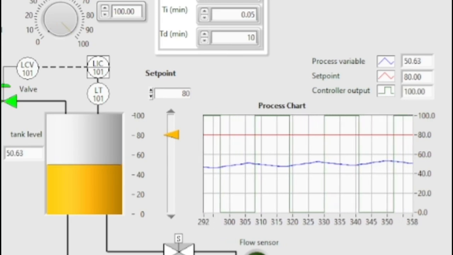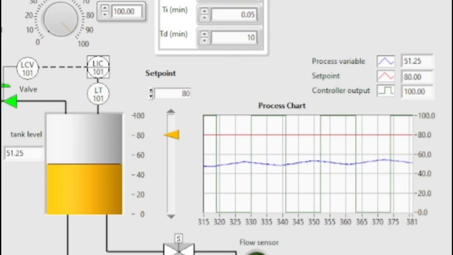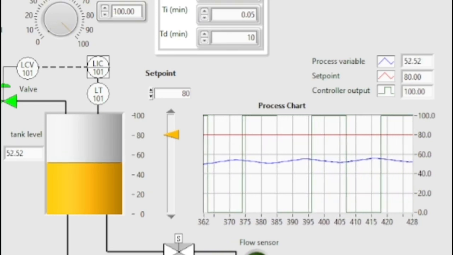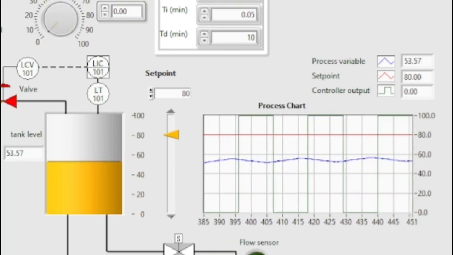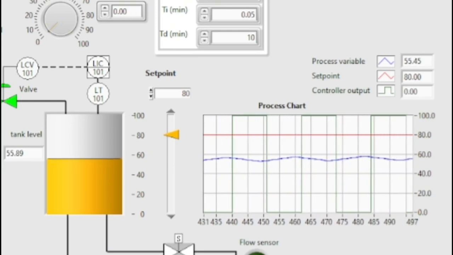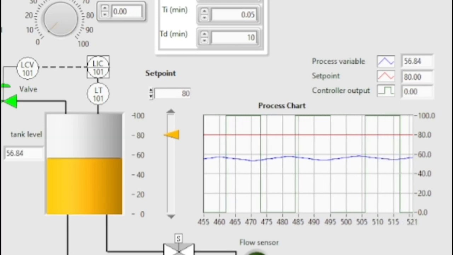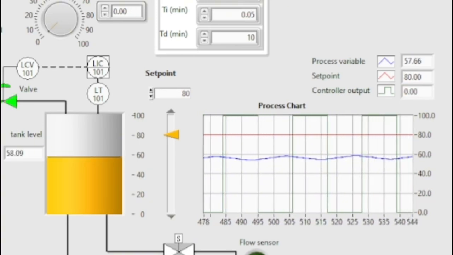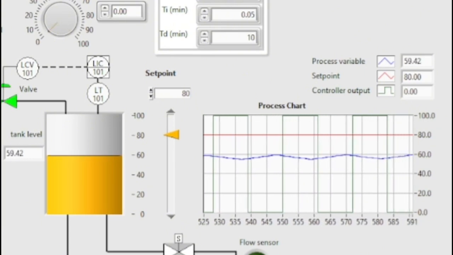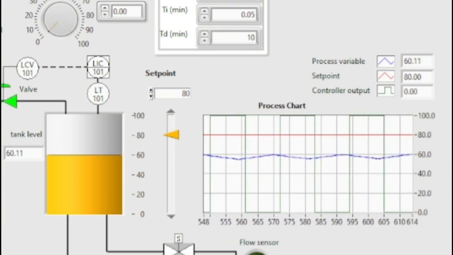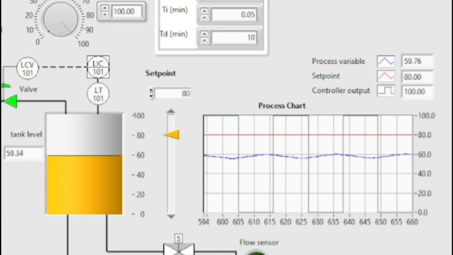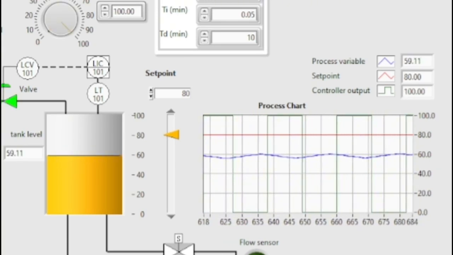So for this lab, I need to find steady state error, then settling time, and also rise time. Steady state error is how to find steady state error. So how to find the steady state error is set point minus PV value. For settling time, which is, we need to get the value about 2% plus minus or 5% plus minus of value PV, which is process